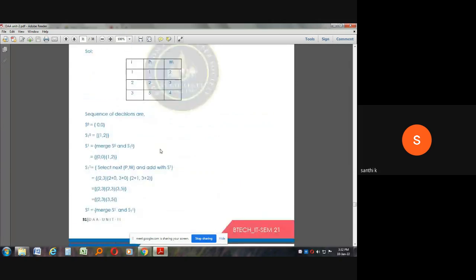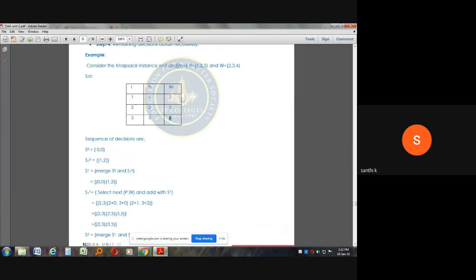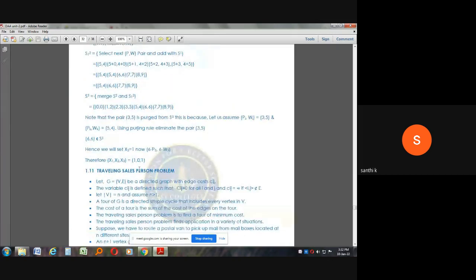So what is the first object weight? 2 and third object weight 4. 2 plus 4 is 6. My capacity M equal to 6. So I have used it completely. So as I placed first and third object, the profit I got is 1 into 1 plus 5 into 1. That is 1 plus 5. So profit I earned is 6. So the solution vector is 1, 0, 1 and profit is 6. That is the solution for that problem.